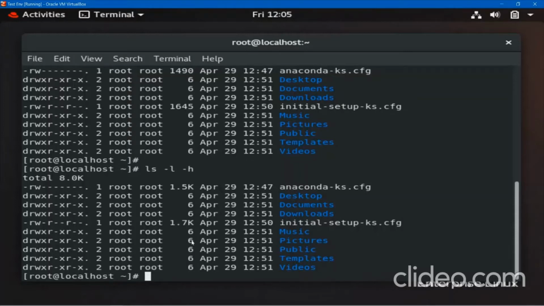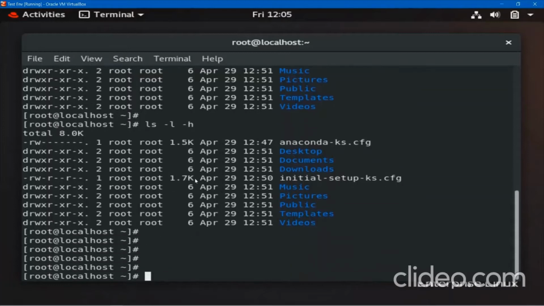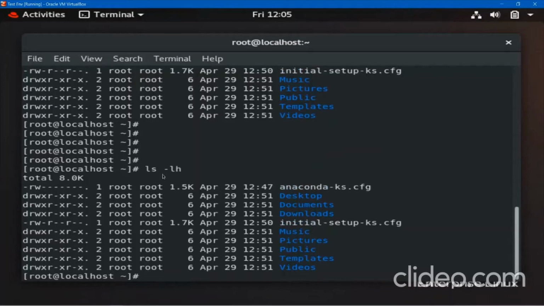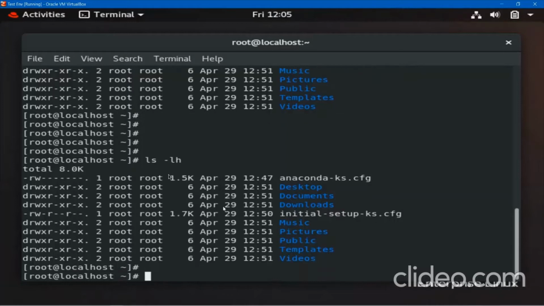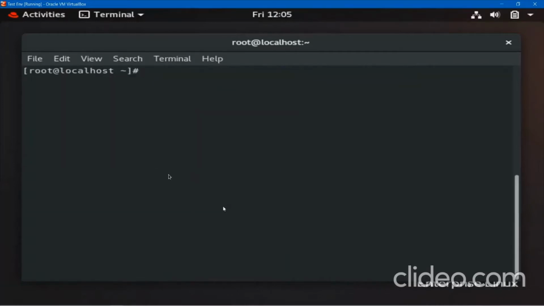So this command I was talking about, if you have ls -l -h, you can put them together, ls -lh, and it will give the same output. Both options can be put under a single hyphen. This is one thing. Let me clear the screen, and for you, let me make a note also.